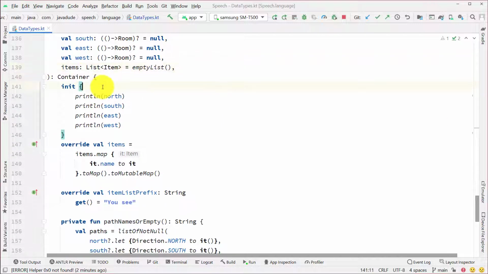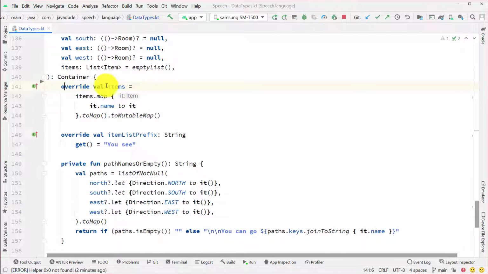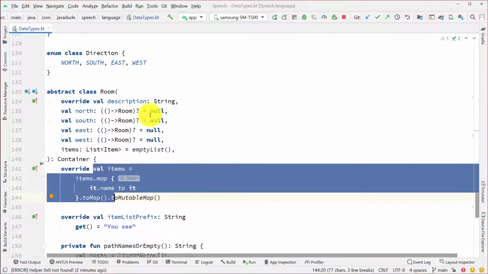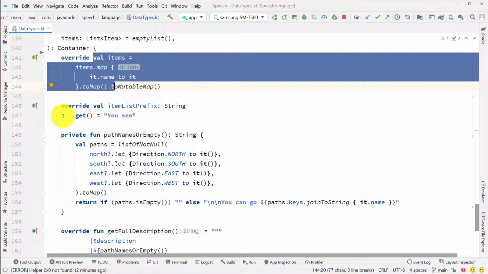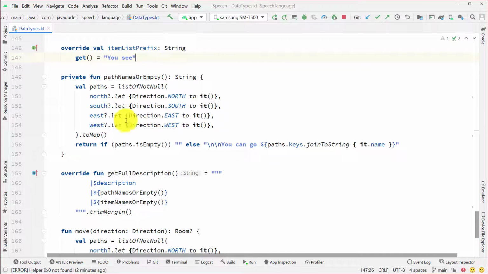So in here, oops, don't need this. This was part of my debugging. Get rid of that there. I have my items that are inside my room, and some little helper to print out what you're seeing here. This guy here